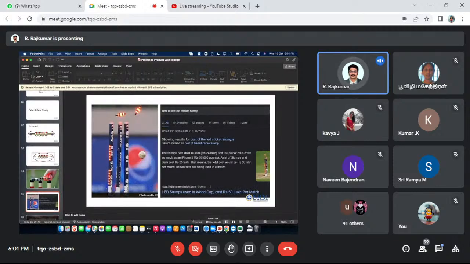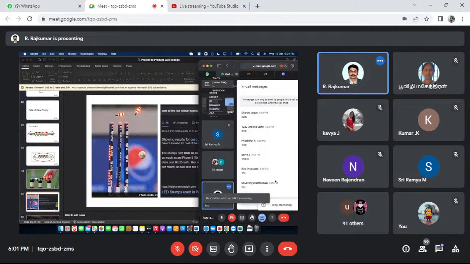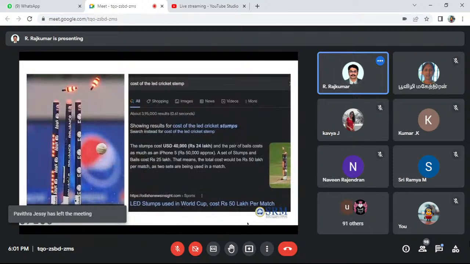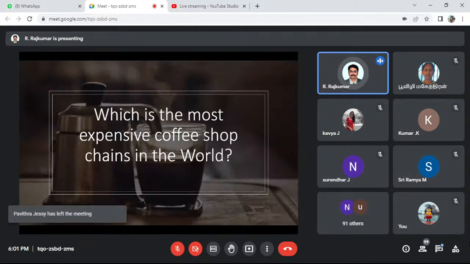So I think some of the people have given the message. Okay, ma'am, thank you. Yes, because of the patent, we can set that much cost. So now guess, which is the most expensive coffee shop chain in the world? Next question.